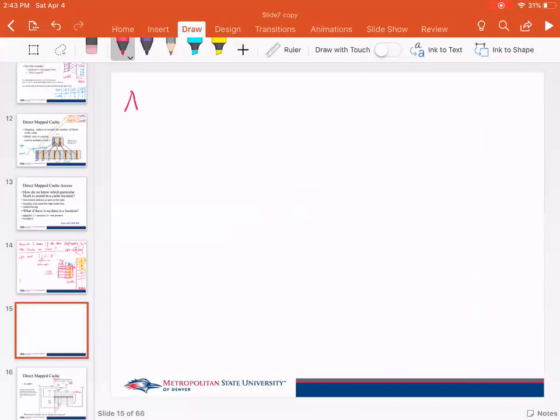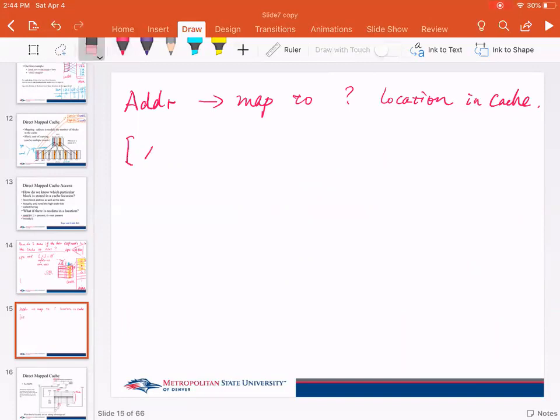So one address, because we actually use the real address to determine where it should map to, right? We use the address of the data to determine which location in the cache it should map to. So for a given 32-bit address,